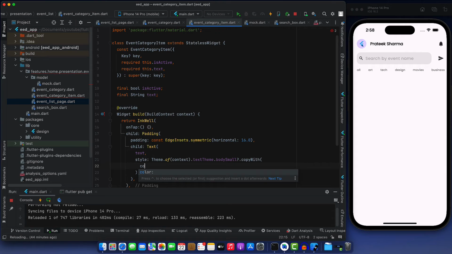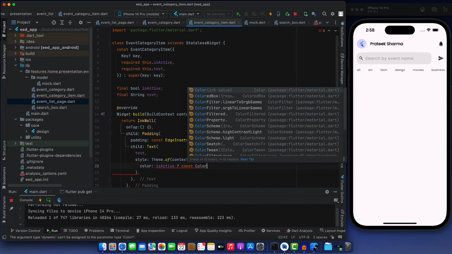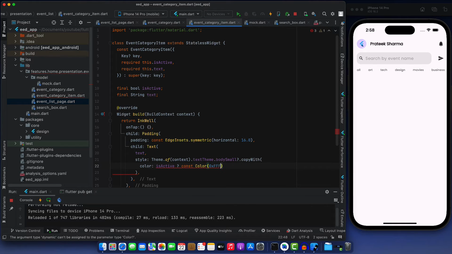If it's active, then the color would be color. And when it's not active, it would be simple colors.black. So let's run it, and yeah, great. So this is highlighted and rest all are not highlighted. To make it more highlighted, we will have to wrap this inside a